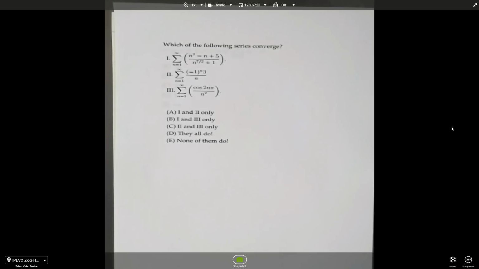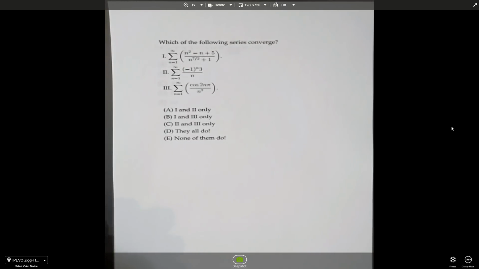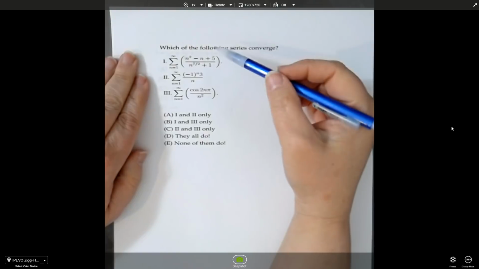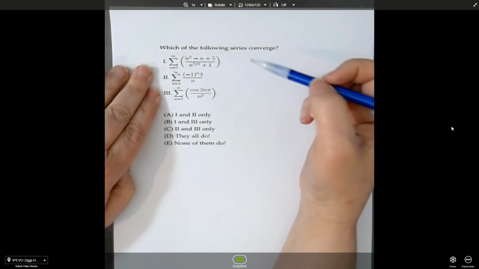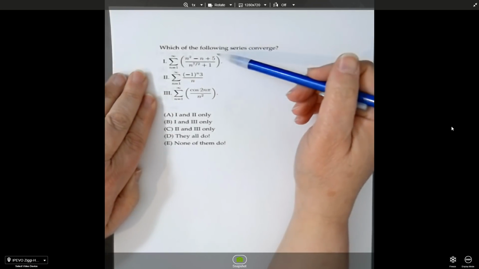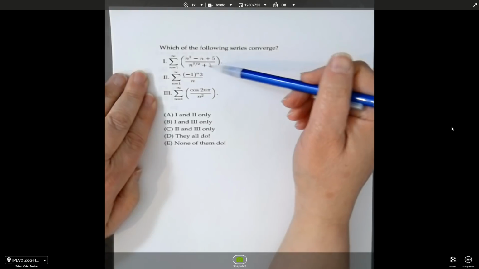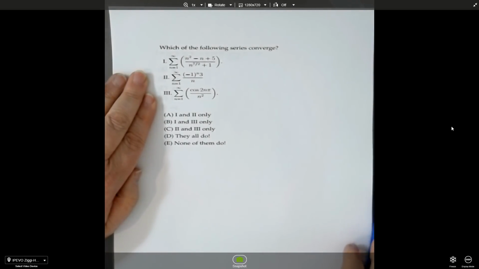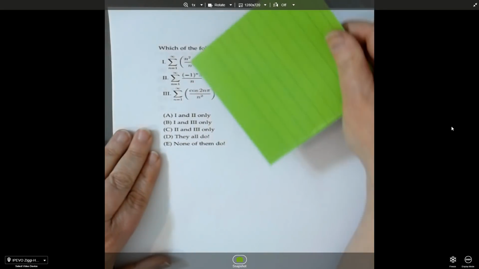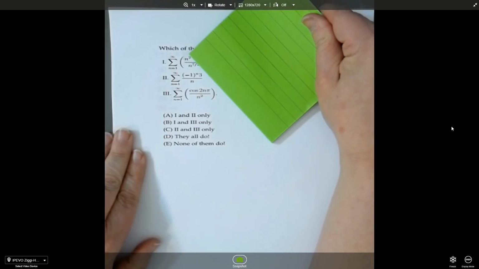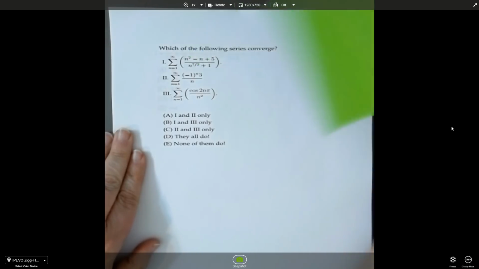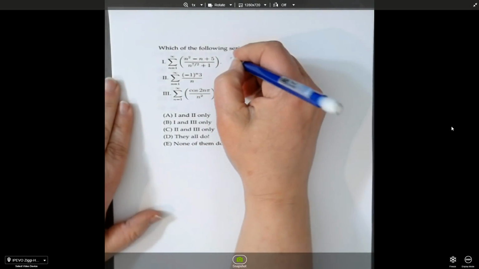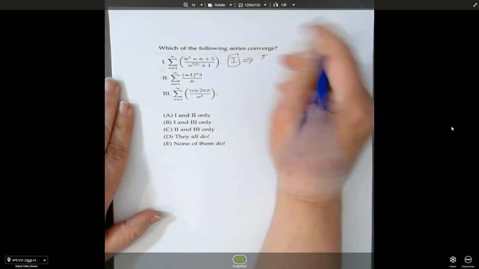I see this kind of question as well a lot of times, and you're like, oh gosh, this is a top secret way to get us to have to do three series convergence tests all at once in one problem. And it's tricky and not very nice. All right, but anyway, let's go through it and see what happens here. This one here is n squared minus n plus 5 over n to the 7/2 plus 1. And when I look at that, I go, you know, I really wish that I had only n squared over n to the 7/2. So when n gets very large, number one, I think, will behave like